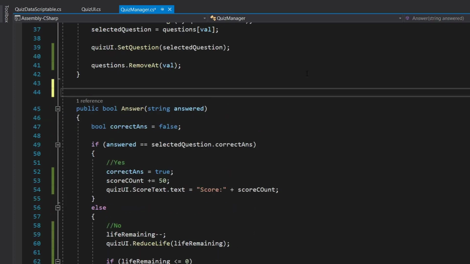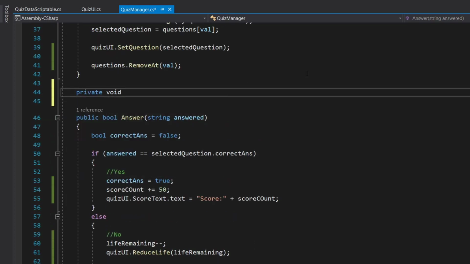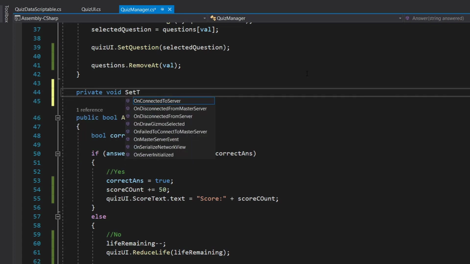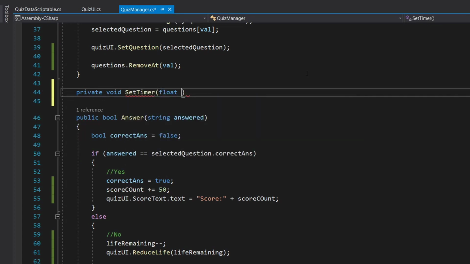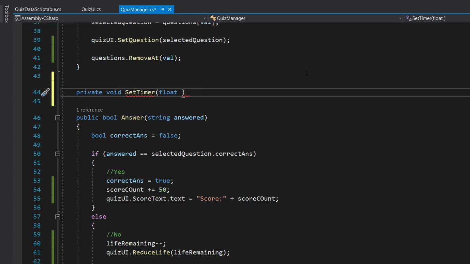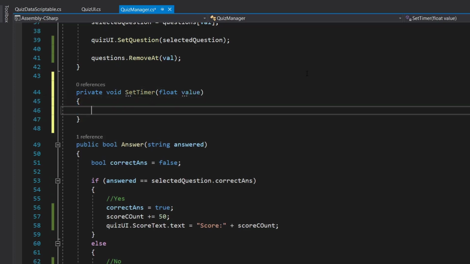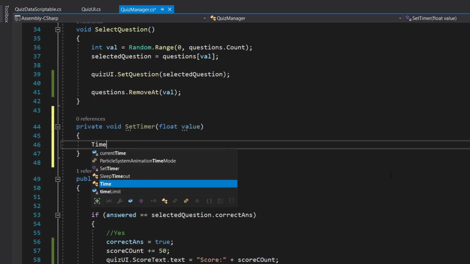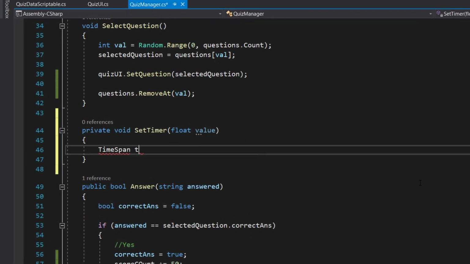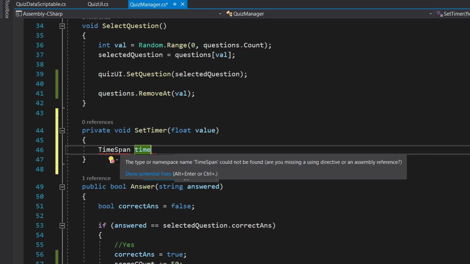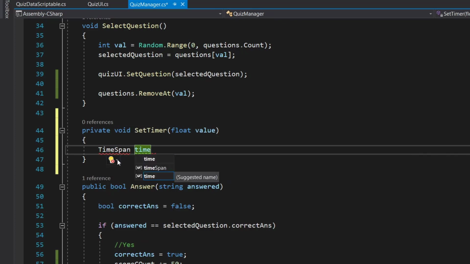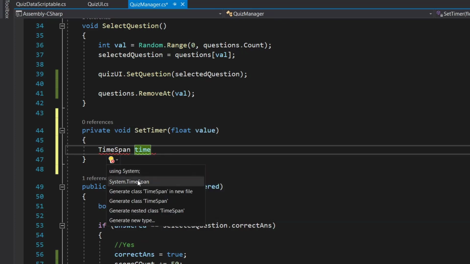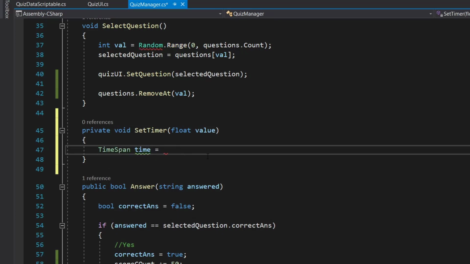For timer, let's create a new method. So private void set time, and it will take a float. We will call this value. And for time, we are going to use our time span. So time span time. We'll get this error. Just select this option here and add using system. And our time will be equal to time span dot from seconds.